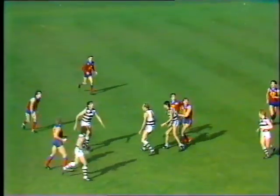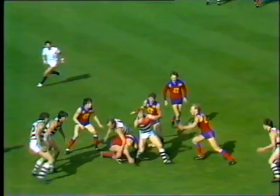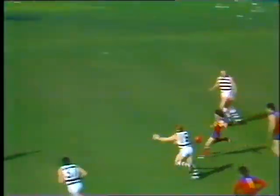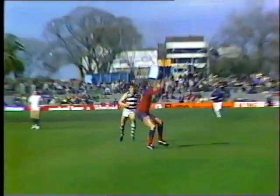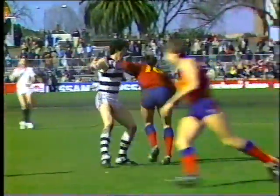Throw-in. Jackson waiting in the square. What will happen here as Bright tries to barge his way through? Bruns gets a hurried kick, gathers little distance. Little Bernie Harris will take it and scoots away back towards the centre wing area. Logan's having a wonderful month. And Billy